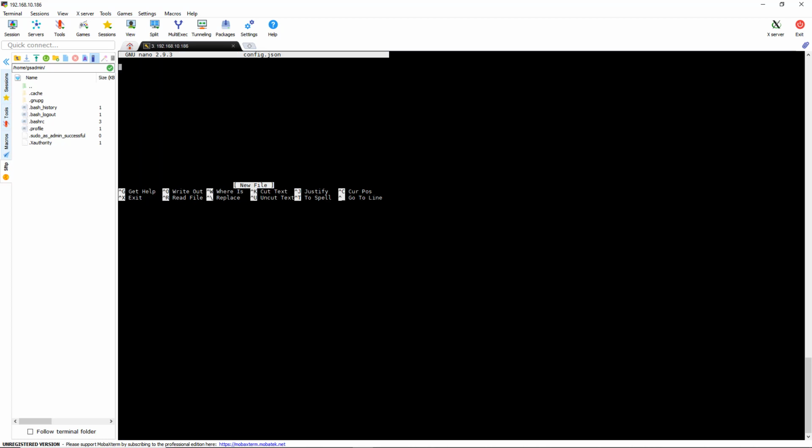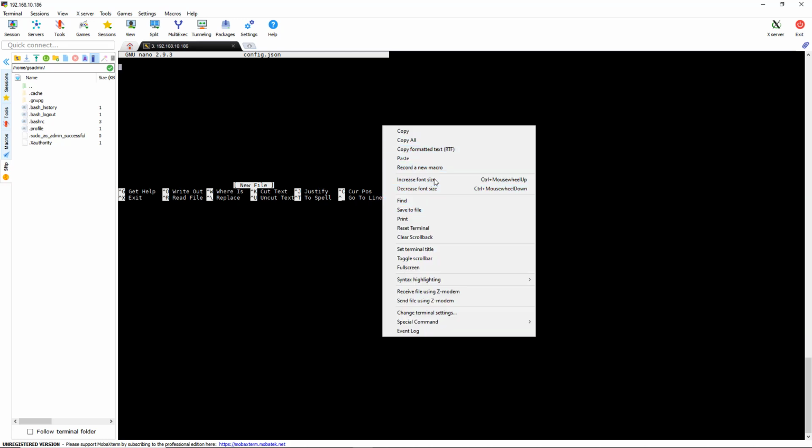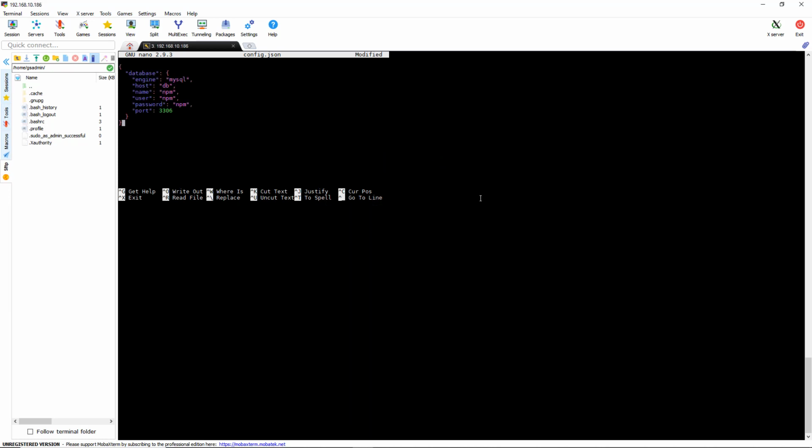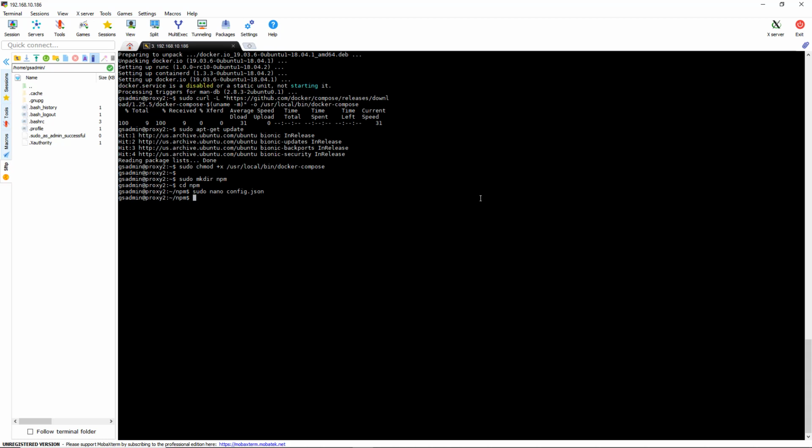I'm going to enter that, and then copy and paste the JSON configuration. Control X to exit. Click Y for yes, and then leave it under that config.json name. That creates one of two files that we're going to need. The second one is going to be the Docker Compose